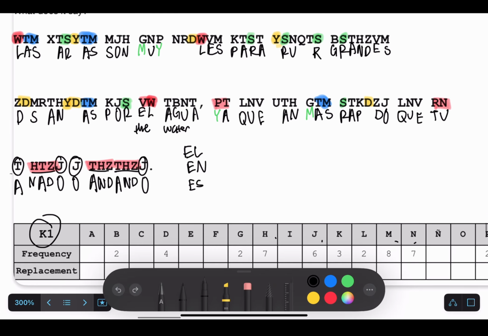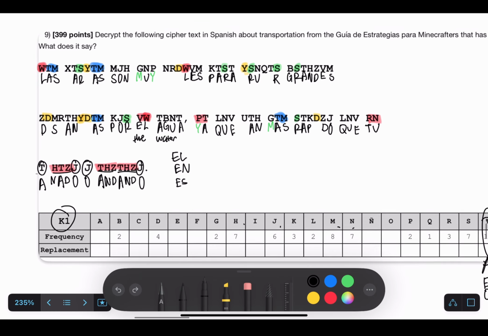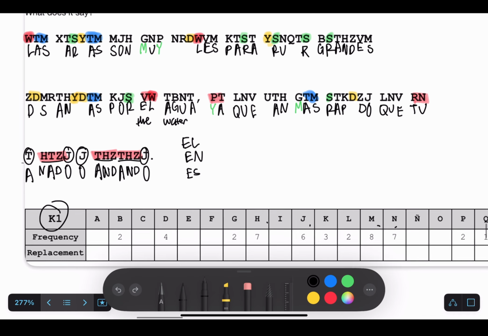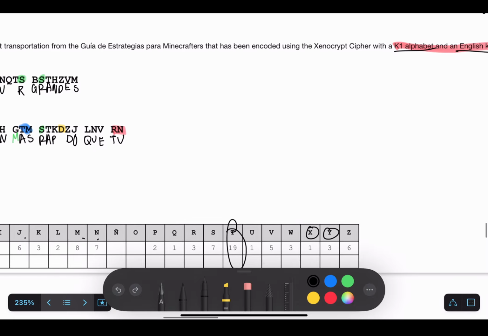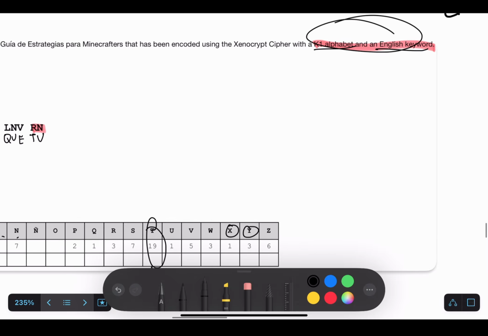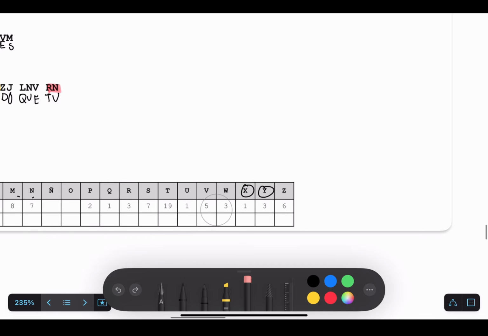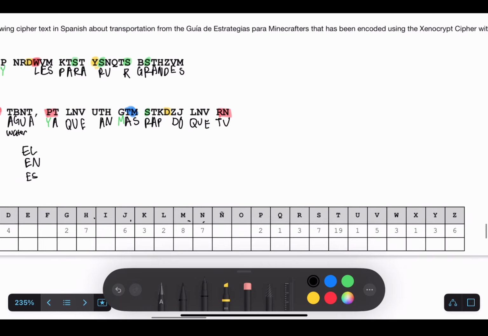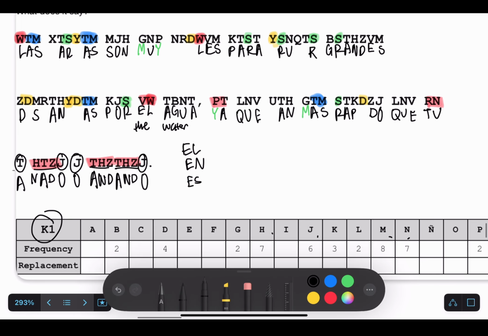Now, this is about how far I can get until I come to a point where I'm somewhat stuck and have to really use my Spanish understanding, Spanish vocabulary to figure out the rest. But this is also why they give you a K1 alphabet and English keyword to just help you out and finish the rest of the cipher if you don't have that much background in Spanish. But if I go through it and really look close, I can see that I can get a really common letter right here to get the word